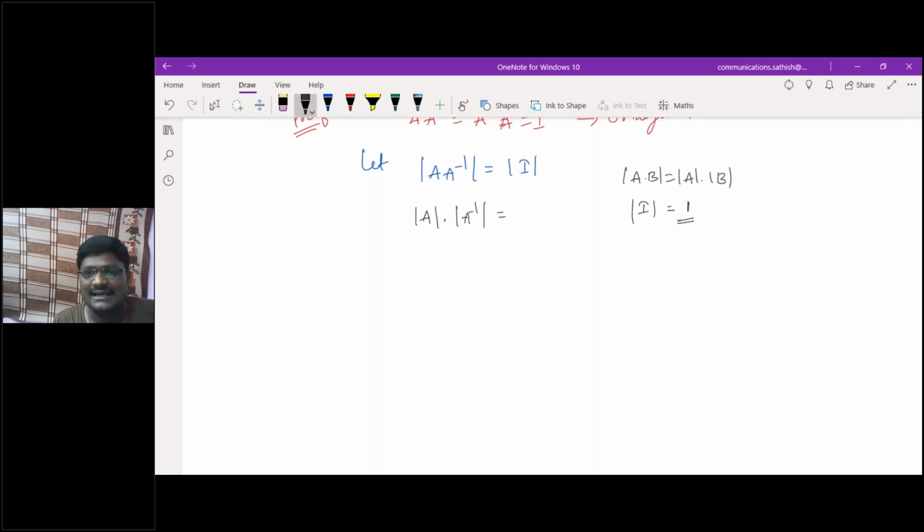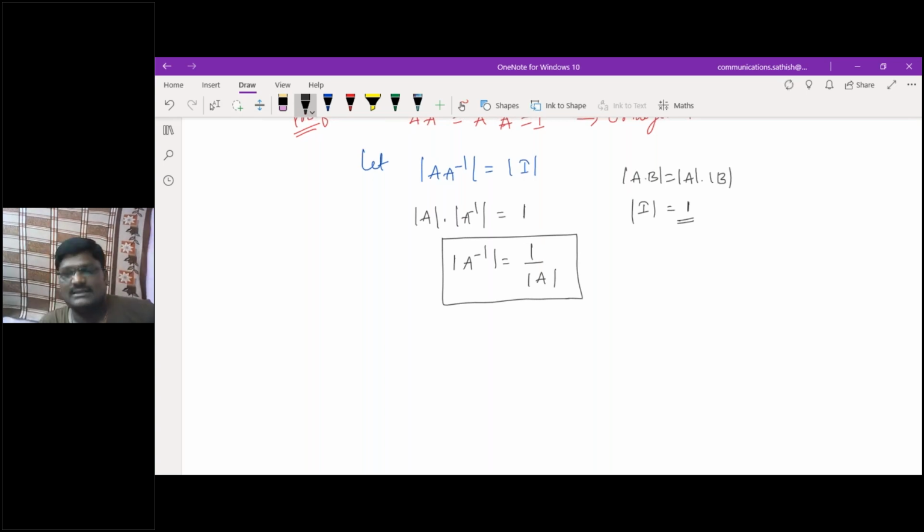So that I'm just applying here, which is 1 I'm representing. Now what I can get from this, can I write determinant of A inverse is equal to 1 by mod A only, na? 1 by mod A or not? Yes, sir. So this is the proof of this one. So why have I taken that as an example now?